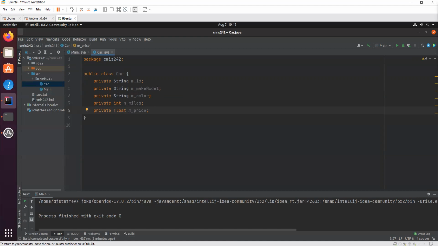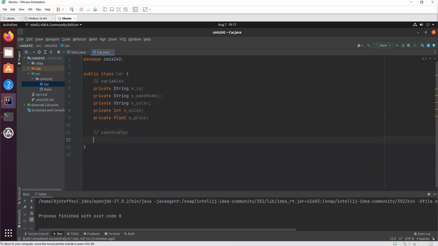Of course, in real life, there's a lot more, maybe what kind of radio it has in it. Does it have leather seats? Does it have a satellite radio, et cetera, et cetera. In real life, there's a whole lot more variables that describe a car, right? But we're going to stop here to keep our class relatively simple. So these are going to be our variables for a car.